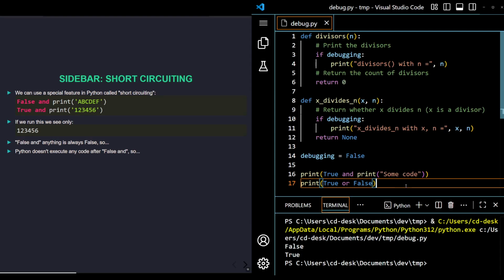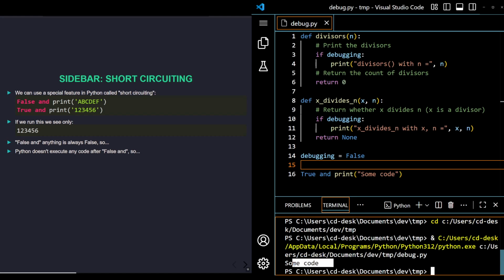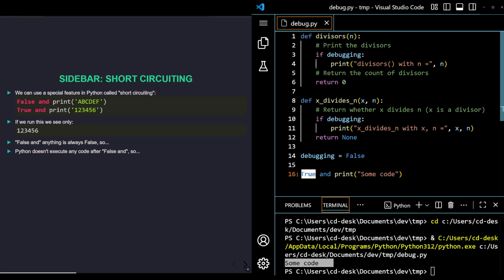I'm going to delete this line. I'm going to delete this print statement. I'm just going to say true and print some code. And I'm going to see some code. Why? Because this side is true. It is possible this whole statement is true because this side is true. So Python will evaluate this side. Okay? I can put other things here. If I put false here,